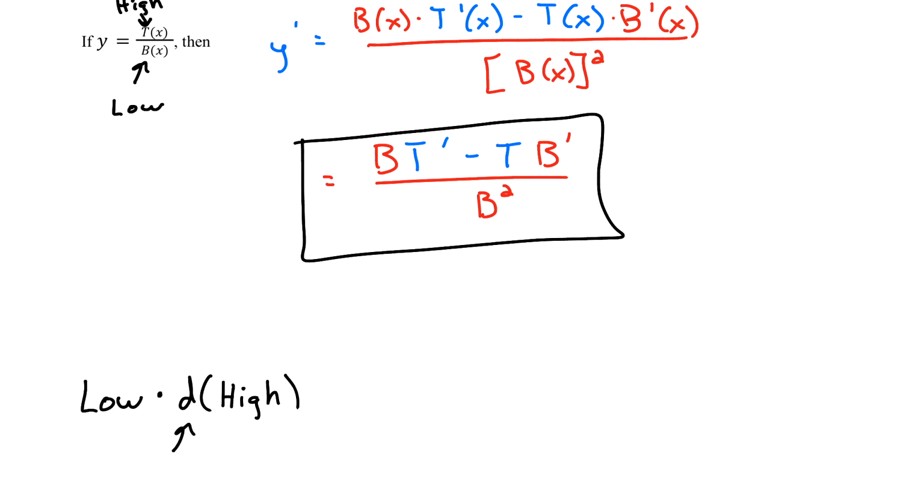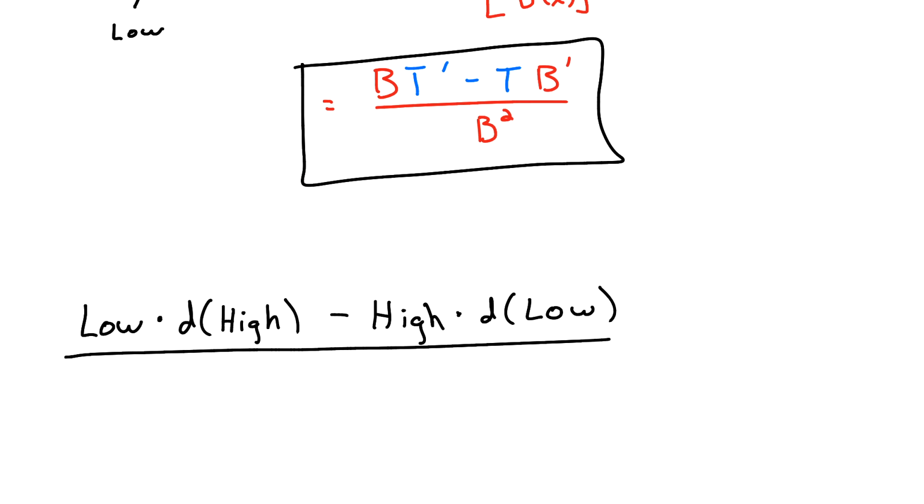So this means the derivative of my numerator, so low d high, minus t, so that's high, times b prime. Well, that's d low, the derivative of the denominator, square the bottom, and away